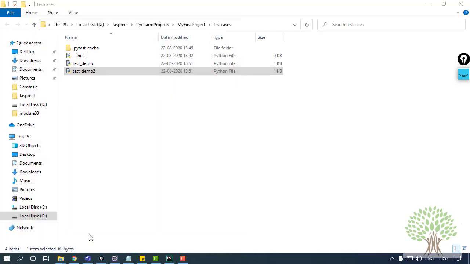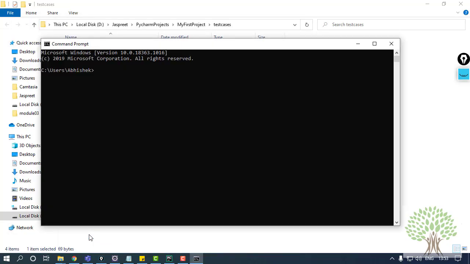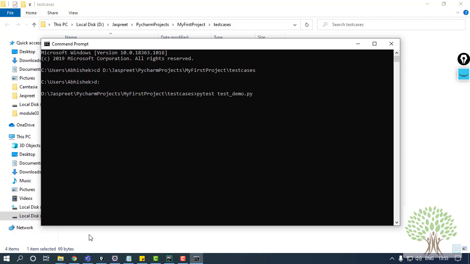Just open up the command prompt, be at that location, and give the command pytest and the name of the test case you want to run. I want to run test_demo.py, the full name of the file.